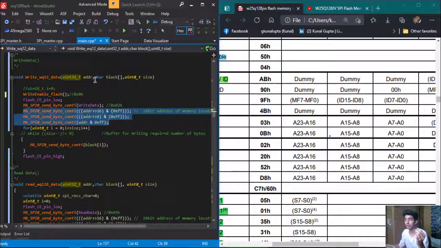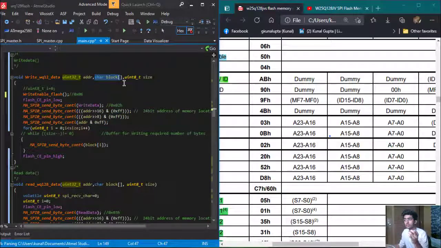And then the char block is the one that will have my transmitted data, the data which I am going to transmit. So I am just going to get the transmitted data byte by byte, reading the contents from that string byte by byte and sending it to my flash memory.